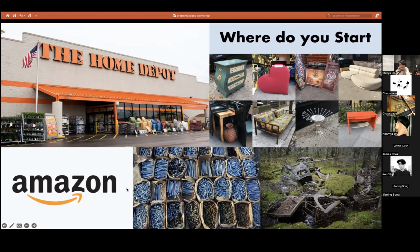Amazon is fast. You can just order lots of things every day. Order the things that make you curious, and you don't know what it's going to ship to your house today. Whatever arrives, take it to a piano and try it that day. It keeps me motivated. So I personally think Amazon is better than Home Depot, but Home Depot has a better shopping experience. I'm not biased, but...